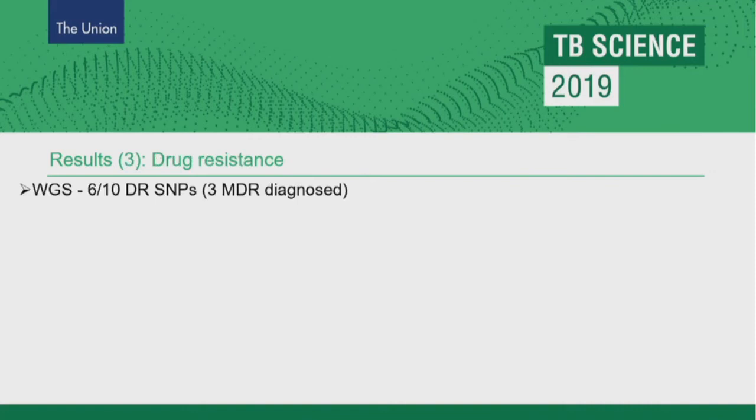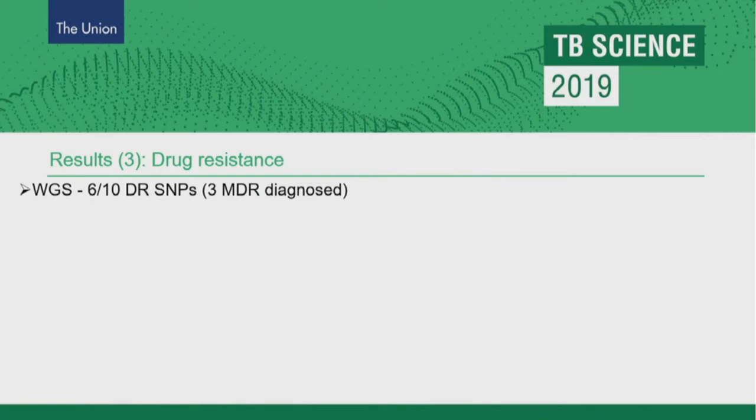The last thing we did was look at drug resistance. First, by whole genome sequencing, we found that 6 of these 10 samples contained SNPs that are associated with drug resistance. 3 of these patients had been diagnosed with MDR, so this confirmed their status. 3 other patients only had culture negative samples, so this shows that this culture negative phenotype actually prohibited the diagnosis of MDR. And then we looked at phenotypic